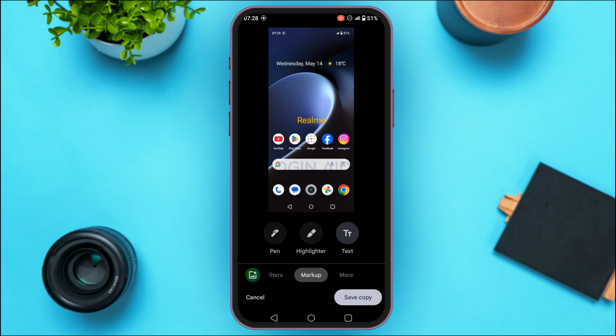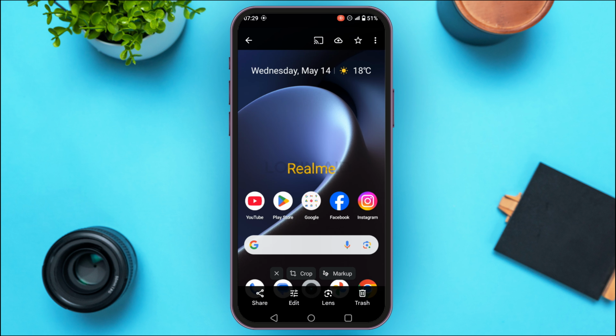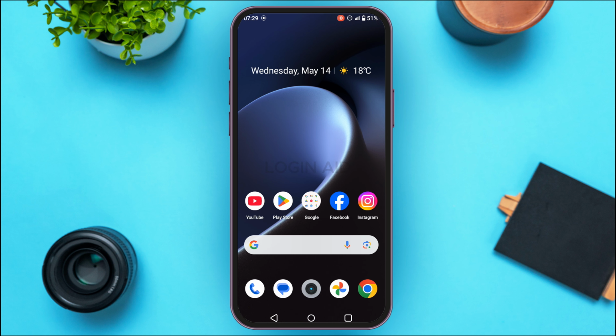Now you can see over here like this too, you'll be able to add the text watermark. But if you want to add the photo watermark, for that you'll have to use the photo editing applications like Canva. So like this, you'll be able to add watermark to photo on Android. So that is how you add watermark to photo on